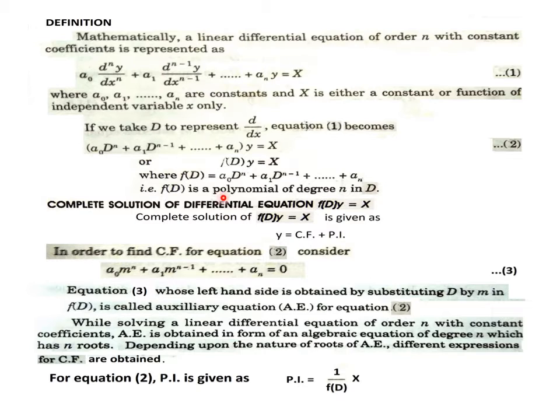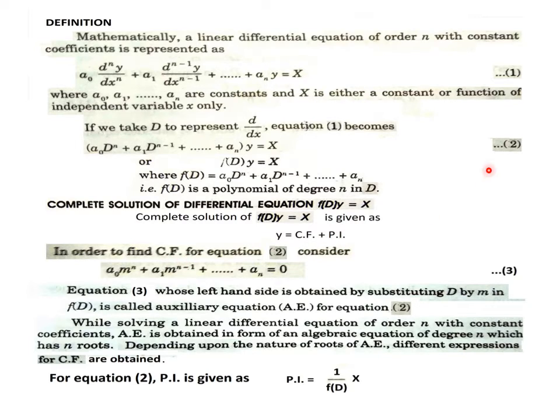Now we talk over complete solution of same differential equation f(D)y equals to X. Its complete solution is given as y equals to CF plus PI. CF means complementary function, PI means particular integral. In short, CF and PI are the names which we will utilize throughout the chapter. As we need to find CF and PI both, so in order to find CF for